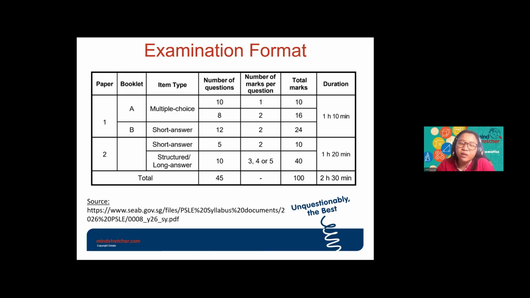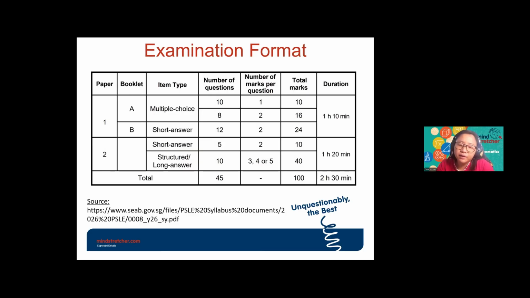And next, paper 2. Paper 2 will start off with 5 short answer questions. They are also worth 2 marks each, so it will be similar to what you have in paper 1. Usually they are quite easy to score. These first 5 questions in paper 2 are usually your AO2 questions. Quite easy to score these first 10 marks.